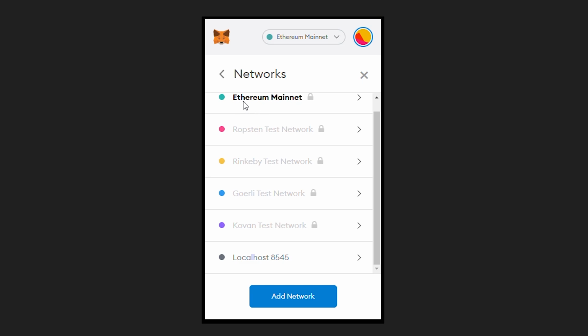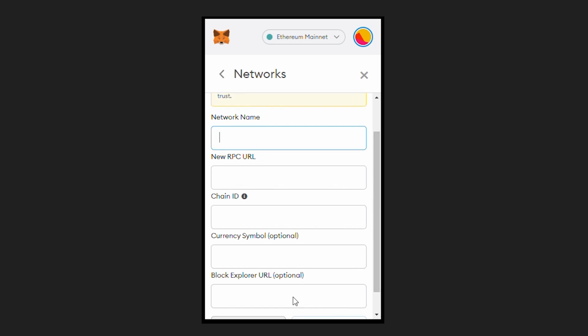As you can see, we've got the live network there, which is the Ethereum mainnet. We've got some other networks there as well. Ignore those for now. We're gonna click on add network, all right? So let's just go and do that. We're gonna add the network, and then it's gonna give us some options where we can enter the network name,